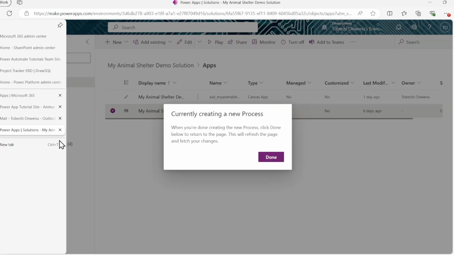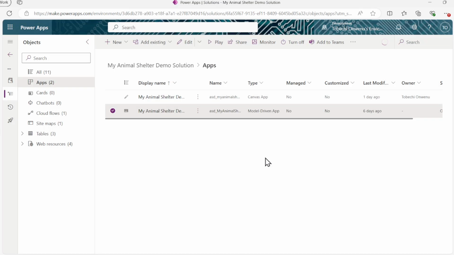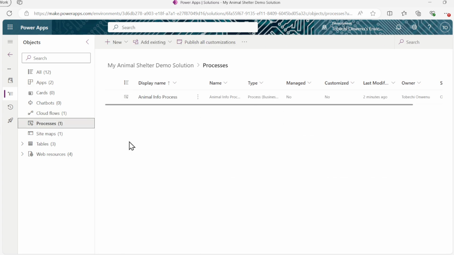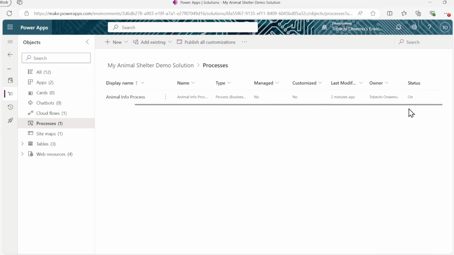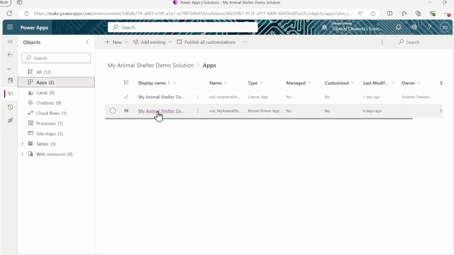You can close this. And once you close this, it will say currently creating, just hit done and give it a few seconds and your business process flow should populate. As you can see, you just added one more. If you go to the tab that says business process flow, you should see a new business process flow running. Status should be on. And then if you open your model driven app at this point, when you open it up, let's go,